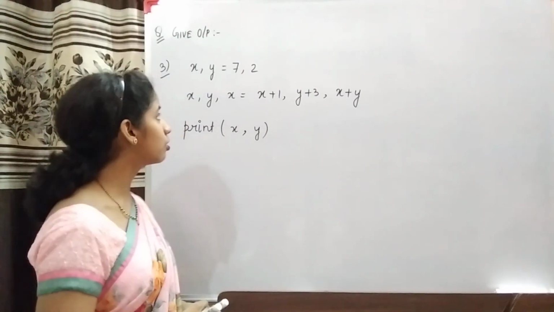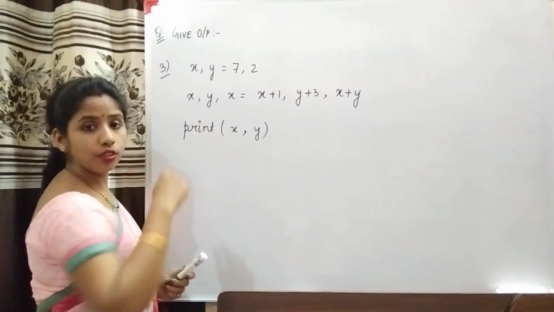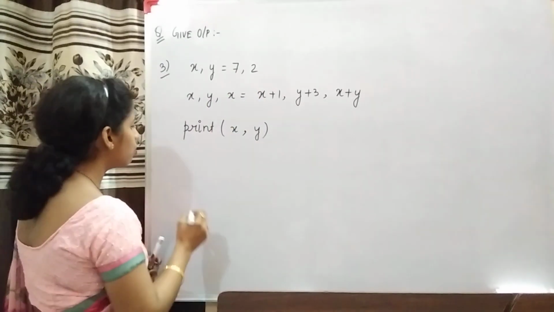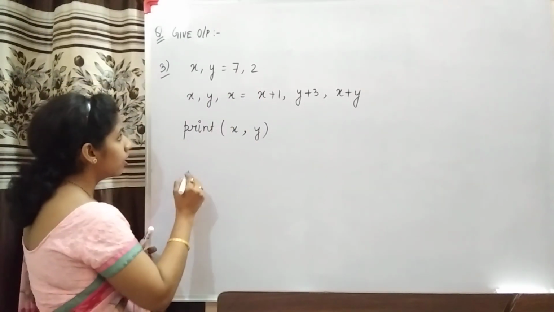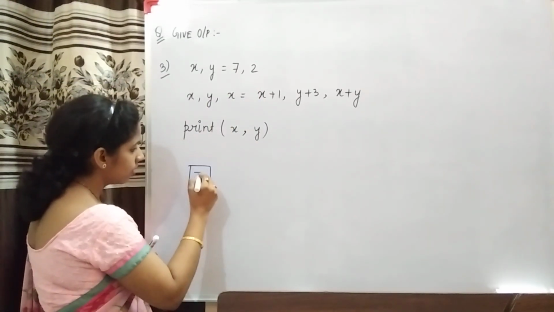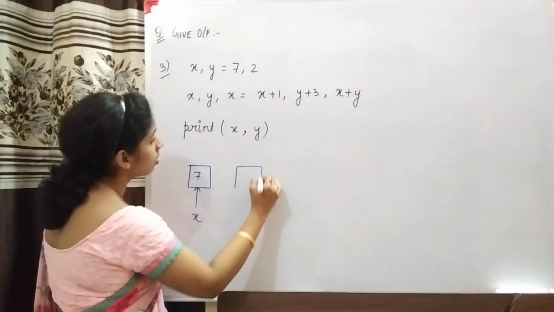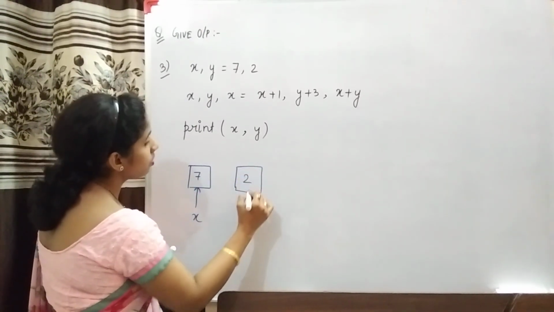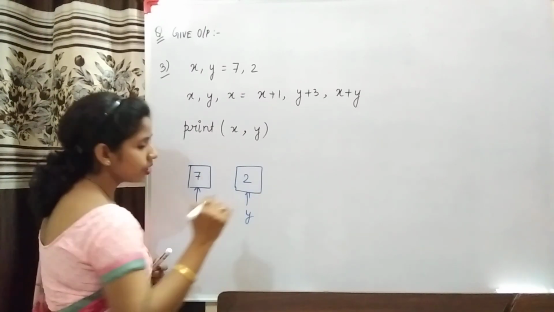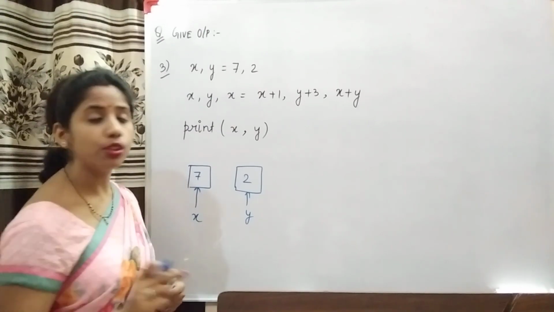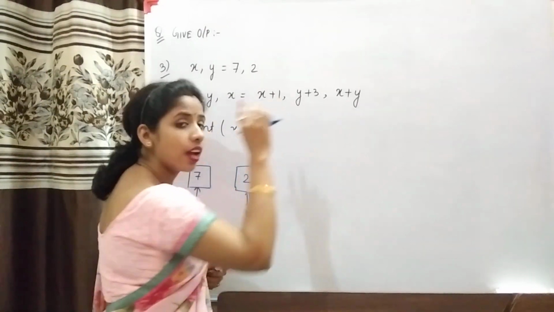Now see the third question. Again you have to give output of this code. So see, x comma y is equal to 7 comma 2. So what will happen in memory? You will have 7 which will be pointed by x and you will have 2 which will be pointed by y. Okay, now when we come to this statement, like I told you, पहले राइट हैंड साइड के सारे एक्सप्रेशन आप